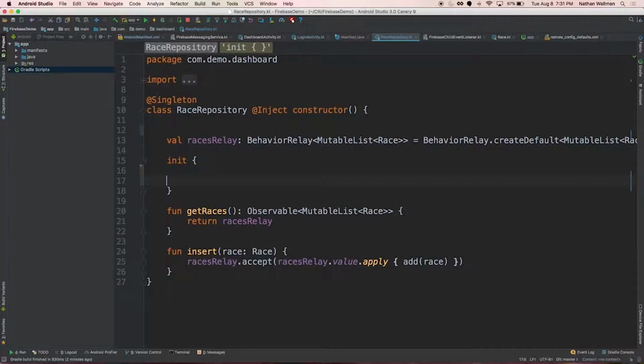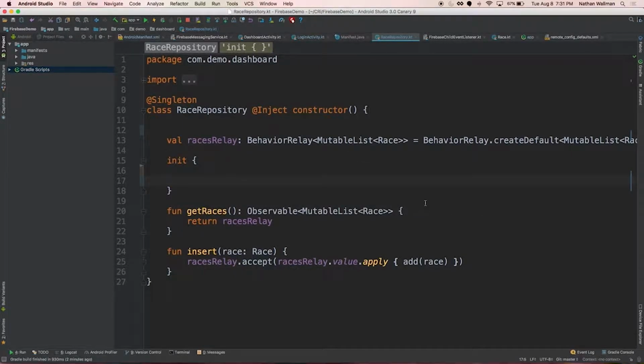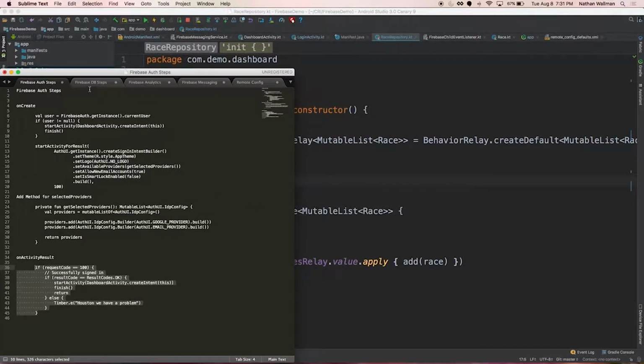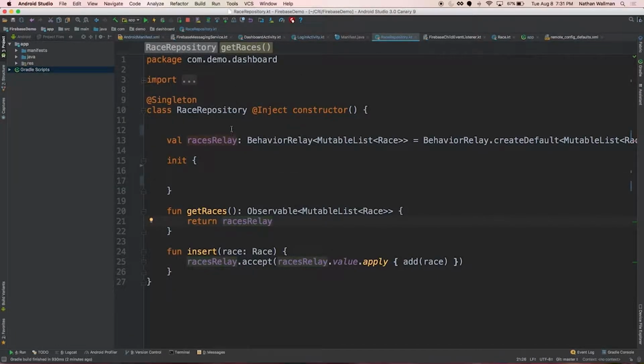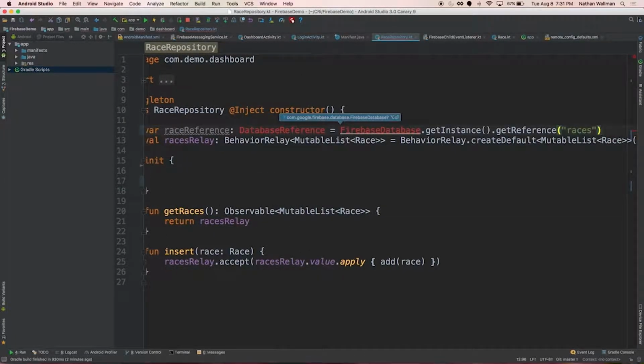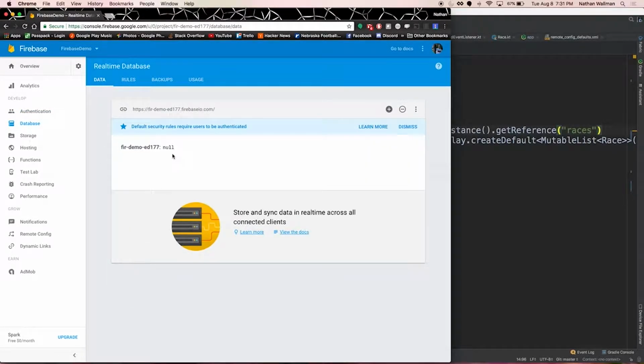So before we do that, let's make sure we have the right dependency. Oh, we already have it in our Gradle file because it's used by Firebase, the UI portion. So let's go ahead and just get a reference to the database. As I mentioned, Firebase is a JSON hierarchy, so I can get a reference to a specific node. If we go to the database portion, right now there is no data in here. That's why it's showing null. This is the root element, which is my generated app name. There's no data in it, so it's just null right now.